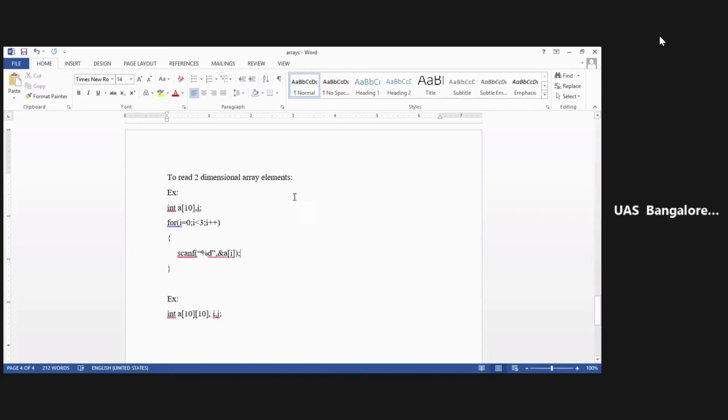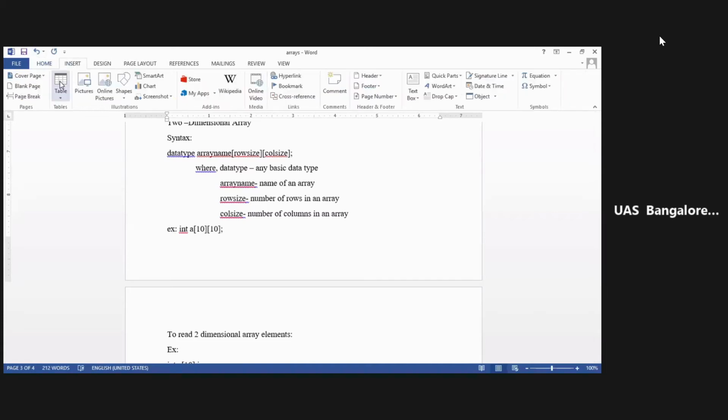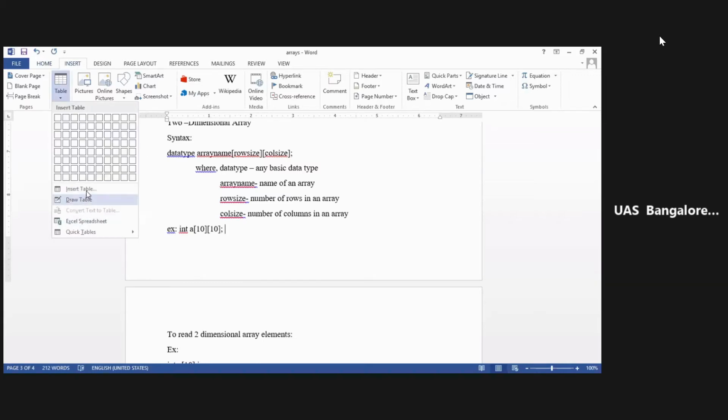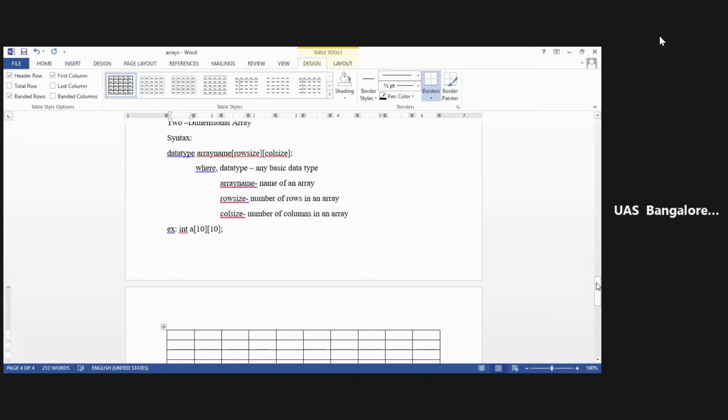See, before this, when I do this, let me tell you how the data will be inserted.